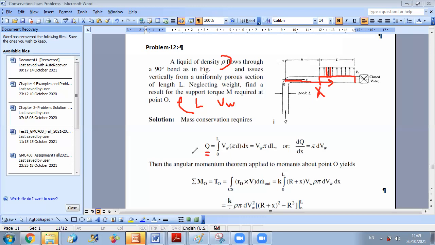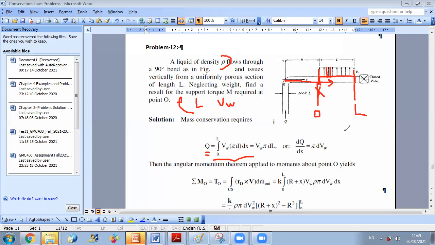So the total flow rate exiting my porous section can be computed by integration as the integral from 0 to L, because the length is varying from 0 to L here, of